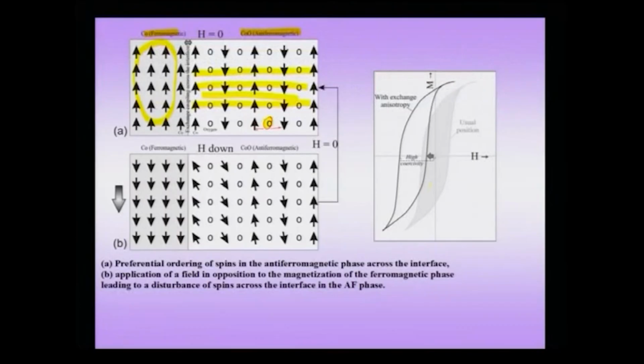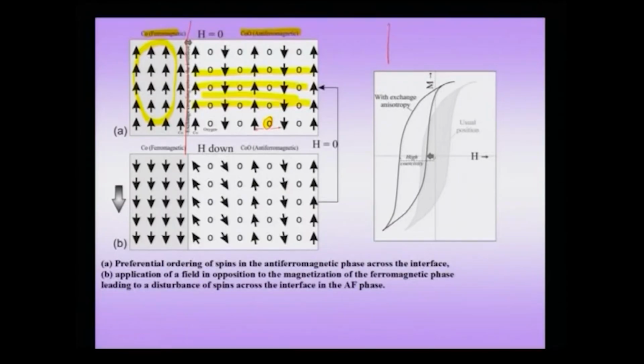That means that originally, of course, if I did not have the left hand side of the picture, that means if I had only the right hand side and we did not have the interface, what could happen is that the antiferromagnetic phase could have, across the interface, spins pointing either upwards or spins pointing downwards when you cooled below the Néel temperature. So, this could be all spins pointing downwards. So, these two possibilities, this or this, could exist, but now since there is a ferromagnetic phase which has a preferred orientation, you see that the spins are matched across the interface when you cool down below the Néel temperature